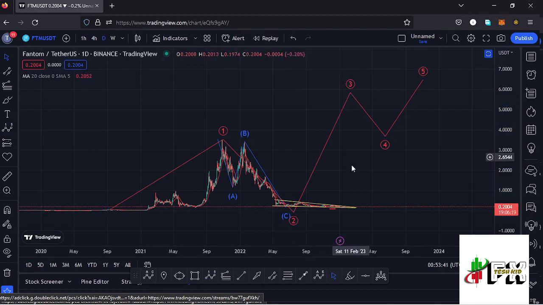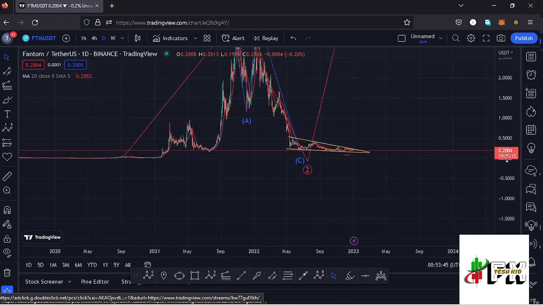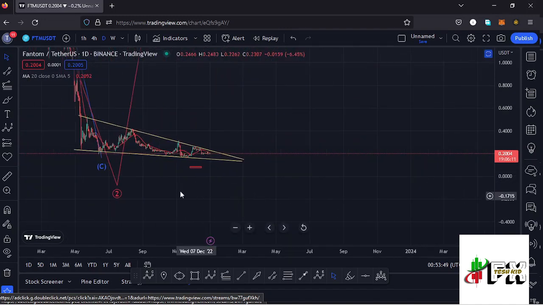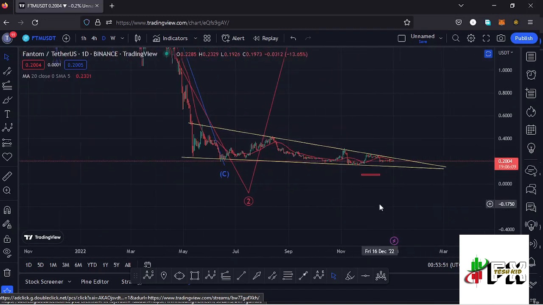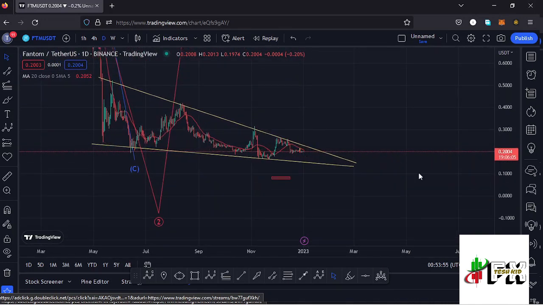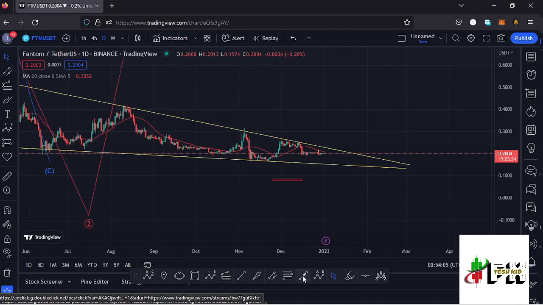We also have chart patterns that are giving us short-term scenarios that can play out here on the Fantom chart. And starting here on the daily chart, where you can see we have this descending wedge, which has been well respected, giving us more than 3 touch points. And you can see that the price of Fantom has continued to push to the apex of this falling wedge, and there are chances that soon, once we manage to break above the 20-day MA, have support of the 20-day MA, there are chances of managing to break out of the falling wedge to the upper side.